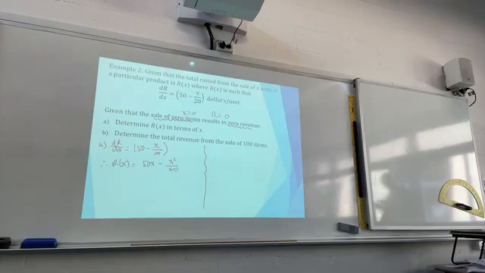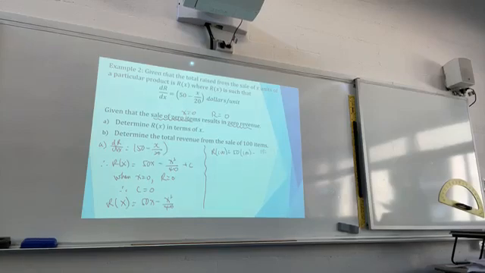Plus C. Now you know that C equals 0 when X equals 0, R equals 0. Therefore, C equals 0. The function is R of X equals 50X minus X squared over 40. So when X equals 100, R of 100 equals 50 times 100 minus